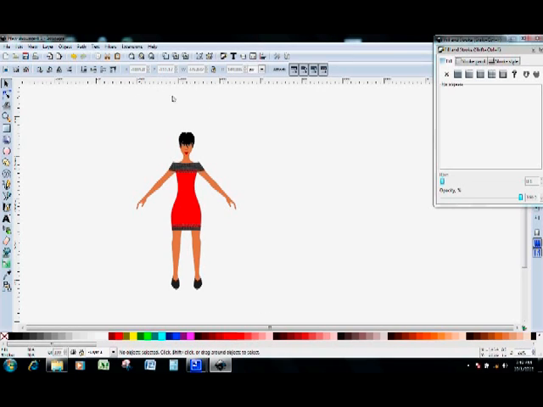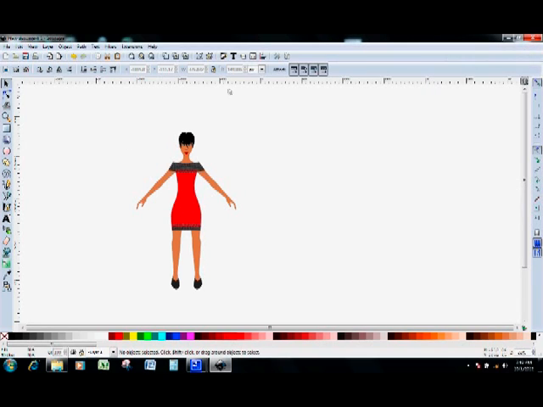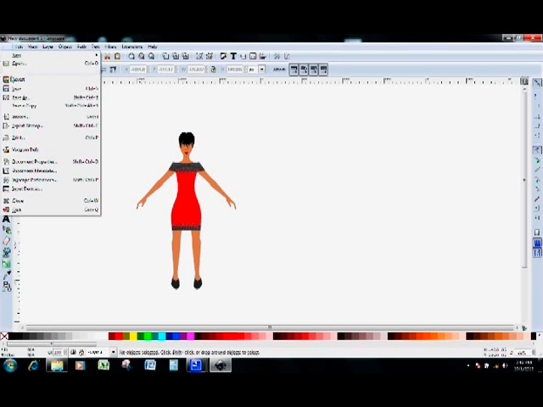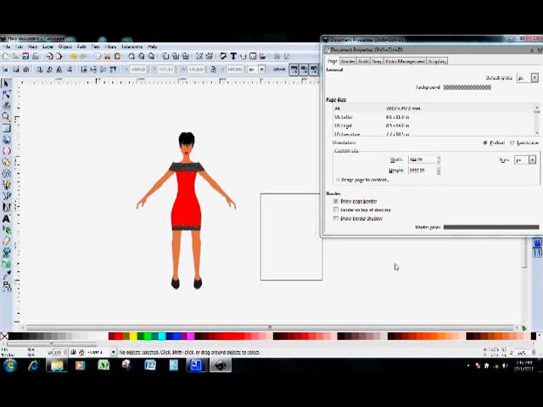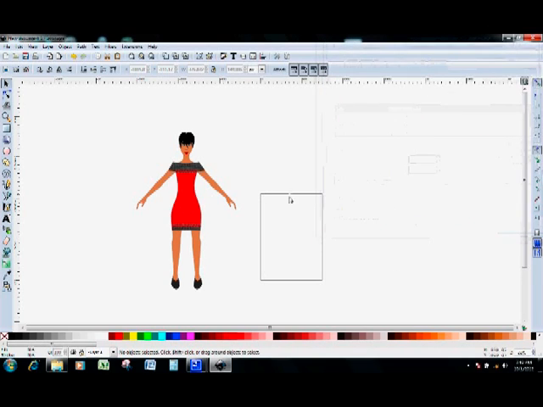Now, if we wanted to print this, what we would need to do, we'd need to put her back in that border. Remember the border we took away from the beginning? So we're going to come back up to File, Document Properties, and we're going to put her back in the border. It says Show Page Border. Okay, and we'll close that out. We've got this page border, but she's kind of big, right? So we need to make her fit the border. So again, we're going to select her,